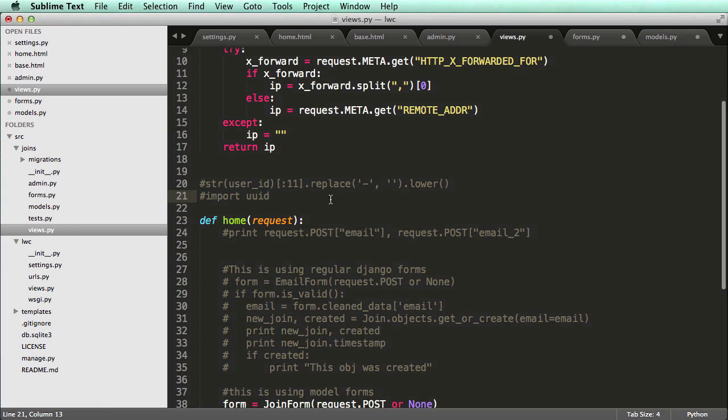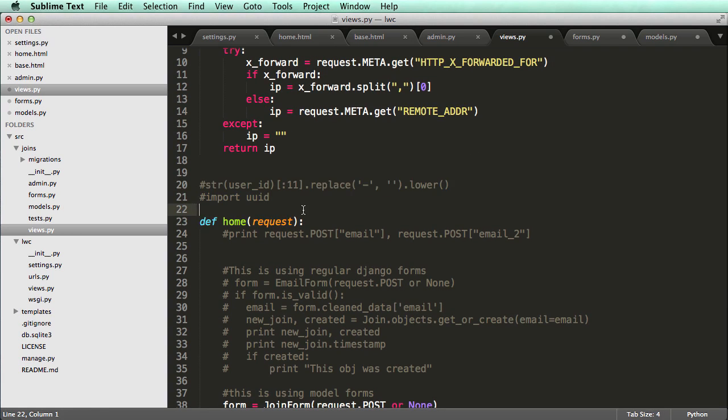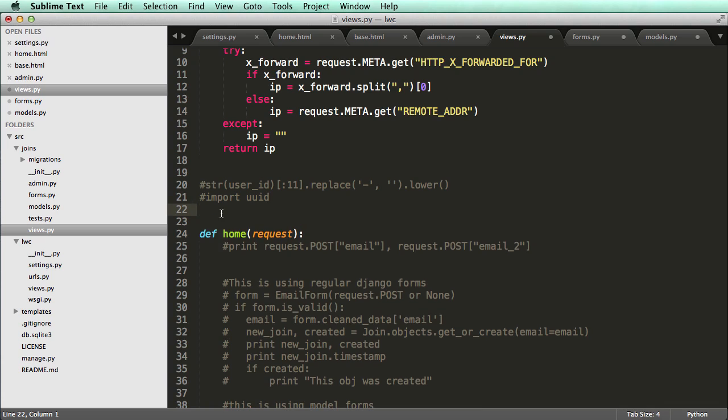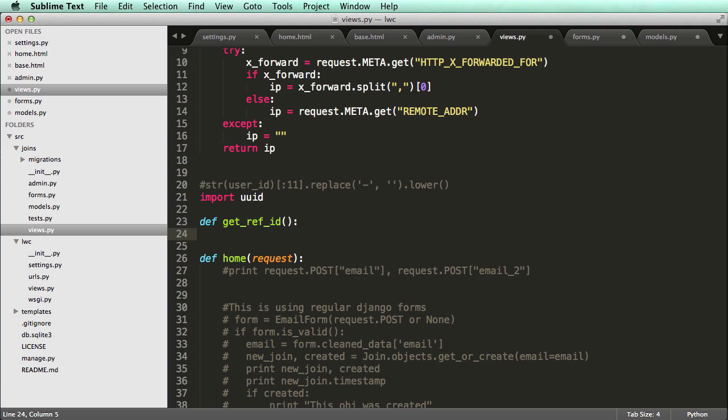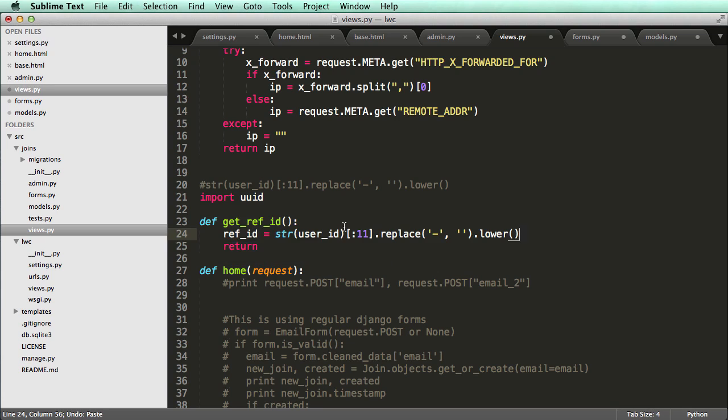And so now that we have this, let's actually create a function that's going to get us a new reference ID. All right, so I'm going to uncomment import UUID, and then I'm going to define a function, get ref ID. And then all we're going to do now is return this whole thing. Well, actually, I'll just call this ref ID equals to that, and we'll return that. So that's going to return back that string, but in this case, oh, we don't want user ID because that doesn't make sense, right? We want